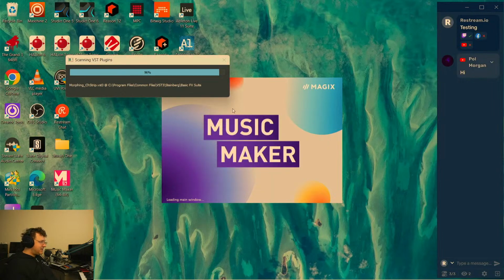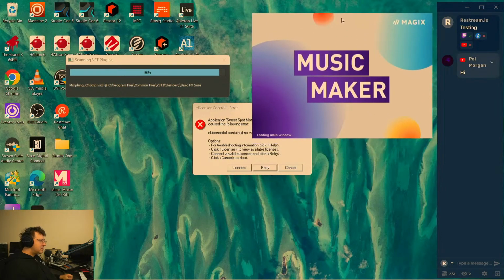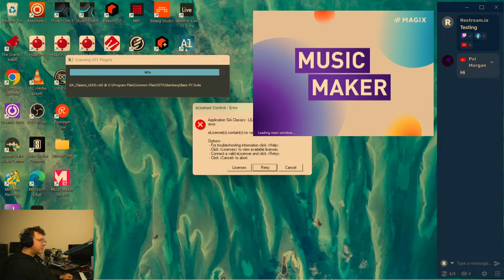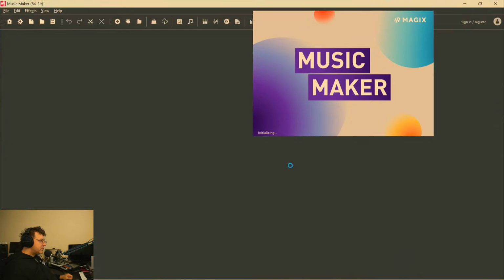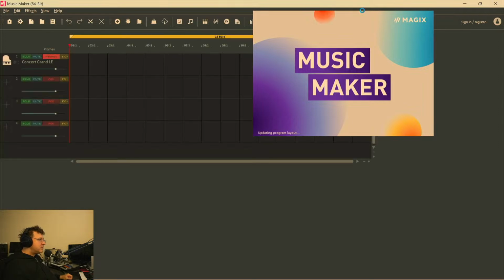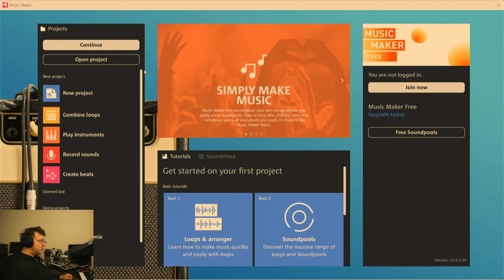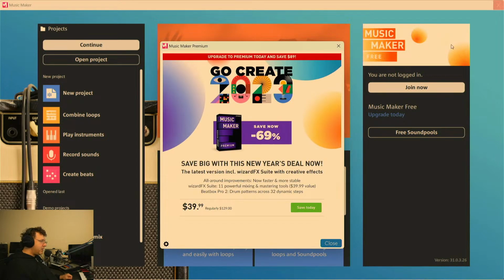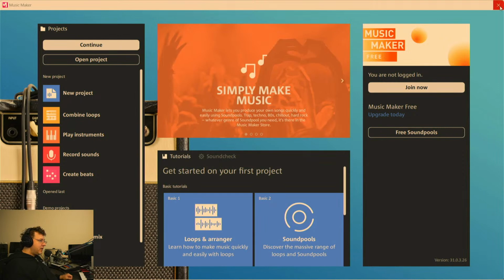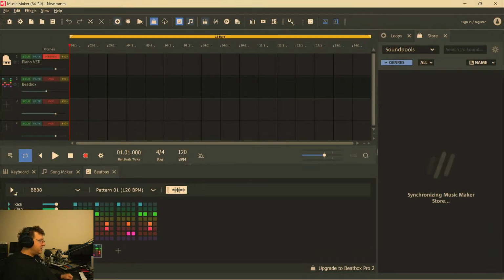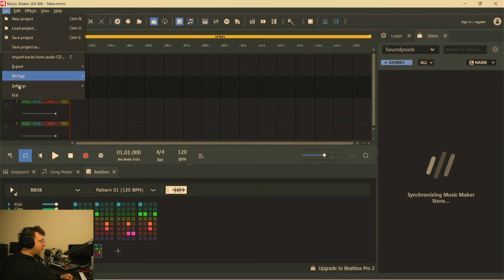What a pain. It's actually these Steinberg plugins with that eLicenser. They always jack things up. They're so slow. Okay, finally. All right, I'm going to skip this little... That's a cute little intro screen. I like how they're... Ooh, Music Maker Premium, 69% off. I like how they're making it very user-friendly, but let's just get into the interface here. And so I don't have to go through all that again,